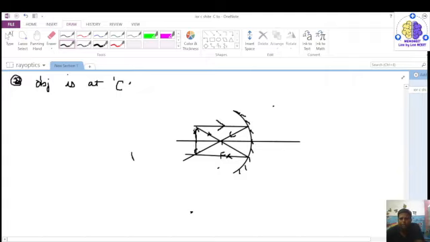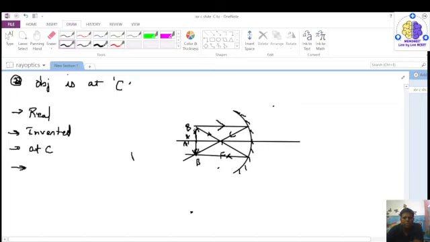So the image will be formed here, and this is a point which is just below the center of curvature. So if this was the object A, B, then the image formed will be A dash, B dash, right? This is how the image will be formed. Now, if I write the characteristics of the image formed here, the very first thing is we can see that the image formed is a real image. Second thing is, again it is inverted, right? Third thing is the image formed is at center of curvature,